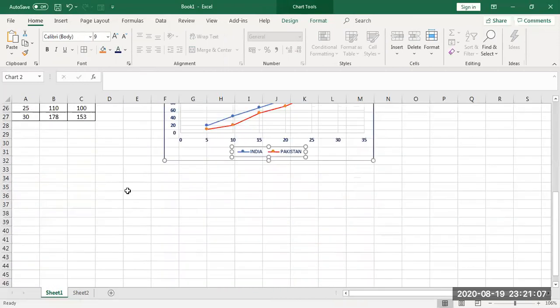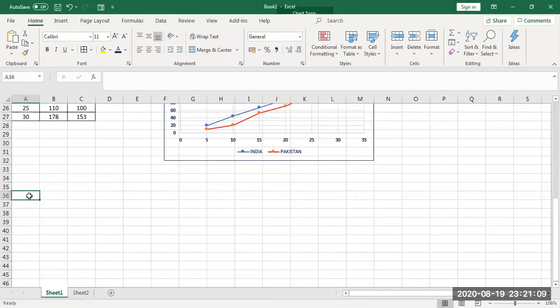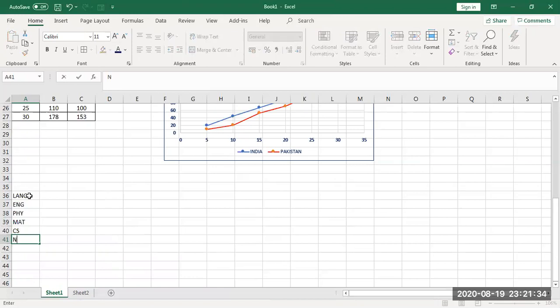So this is the second example. We will see one example of marks using a pie chart. Here I'm mentioning the subject names like language, English, then physics, maths, CS and non-core, and specifying the percentage obtained, how much percentage the student has obtained.